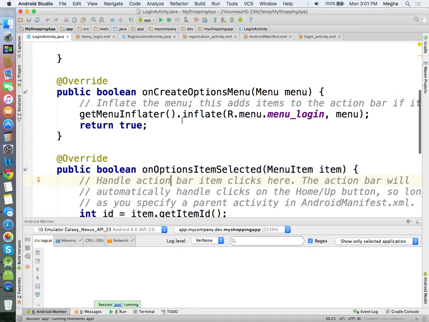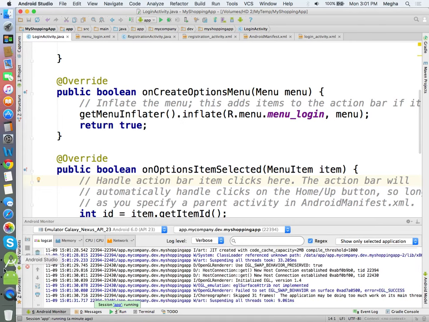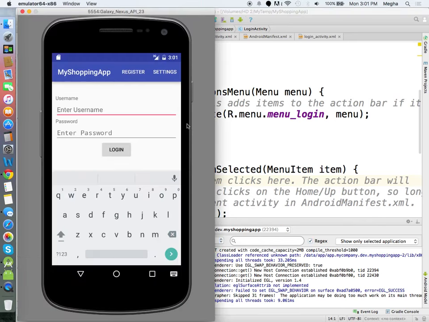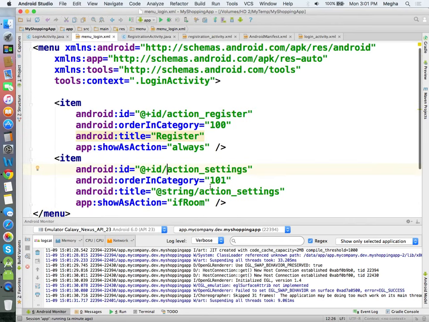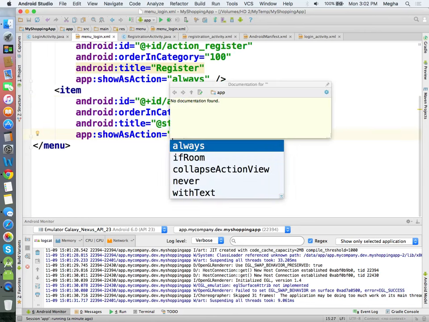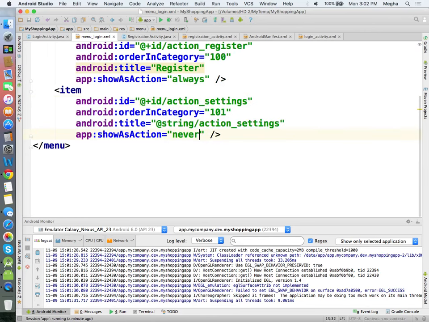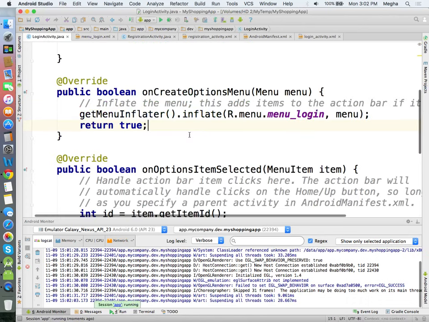Settings click, getItemId settings. For settings you can pass any intent. Or in this case, what we added is a register. Let's see how it is looking. Okay, there is room, that's why these things are appearing. Let me make it... okay, meanwhile let it load. We will go back to the login activity.